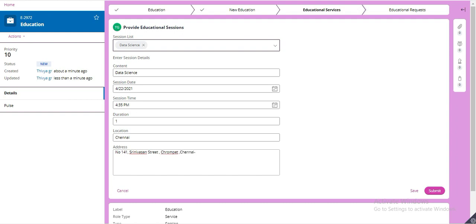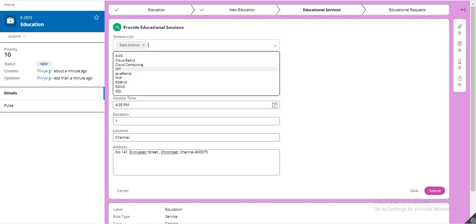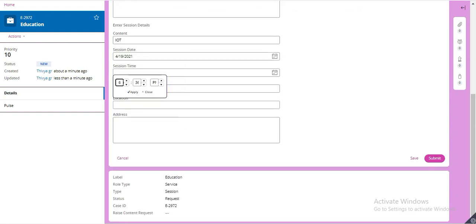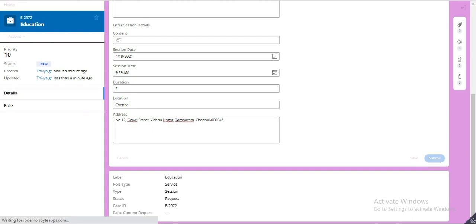And here the provider is giving the session details for the contents they have selected: date, time, duration, location, and also providing the address for which the session is happening.